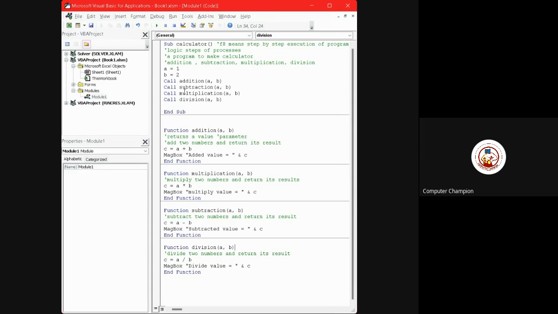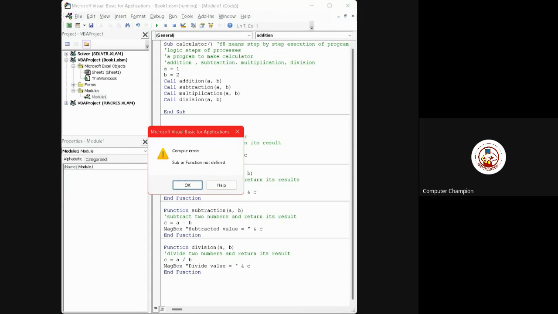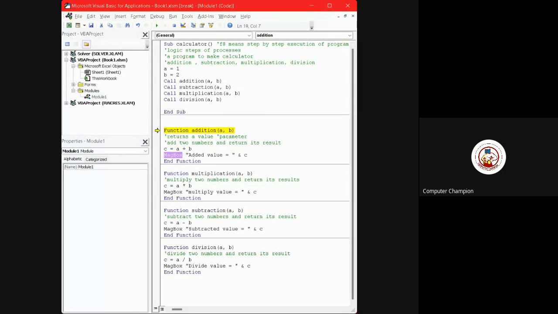And make sure that the function name and the name you're calling are the same. Sub or function not defined. I think there is some other problem in your Excel maybe. Message box, yes. No, that is also fine.